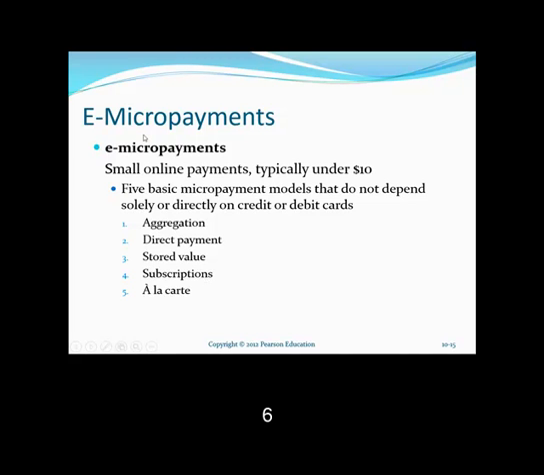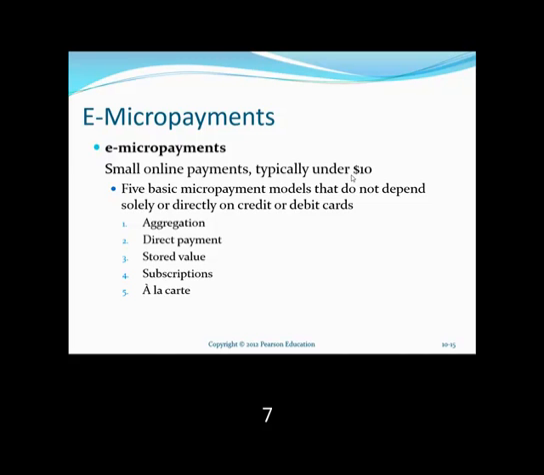And the next one is e-micropayments. So e-micropayments are small online payments, typically under $10. So when an item or service is being sold online and the cost is less than $5, for example, credit cards are too costly for sellers. So a number of other e-payment systems have been introduced to handle this micropayment situation. For the most part, they have failed, but